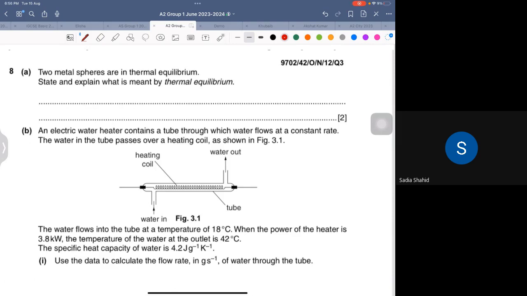We have already done this before in the temperature chapter, and we would like to answer it as that thermal equilibrium is